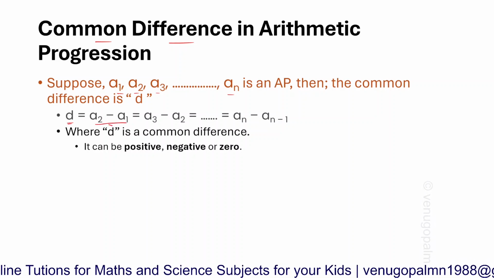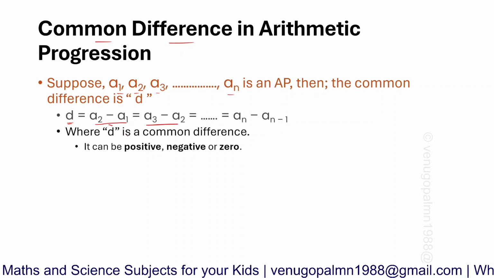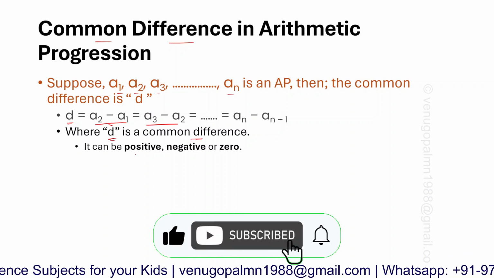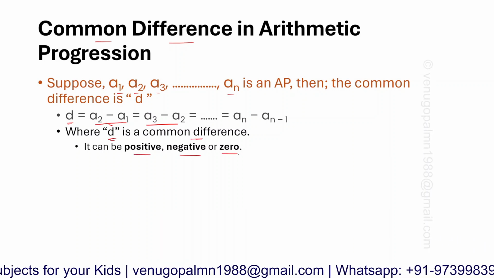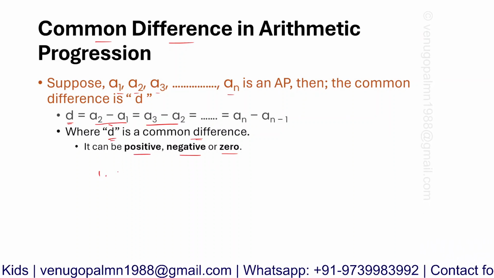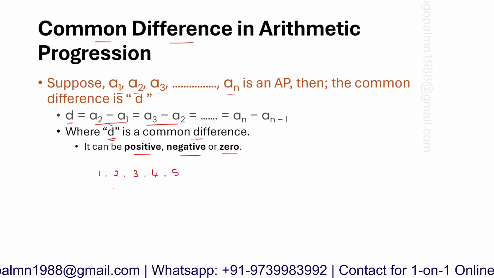For example, we are considering as D. Similarly, the third term minus second term will be D only, where D is the common difference, and this D can be positive, negative, or even 0. Okay, very important. For example, if you take a sequence 1 2 3 4 5, what is the difference